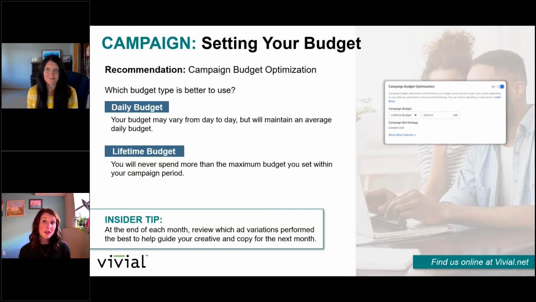Lifetime, on the other hand, you're going to tell Facebook, I want to spend X amount over the entire life of my campaign. This is a really great option if you have a really specific budget allocated for a campaign, because it's going to spend down to the penny exactly what you tell it to over the life of the campaign. Daily, you do still have some control, but it will fluctuate a little bit because it is within that 20%. So ultimately, when you're deciding between which one, it's really going to depend on your timeline. What does your budget look like? If your budget fluctuates a lot throughout a campaign, daily might be a better option.